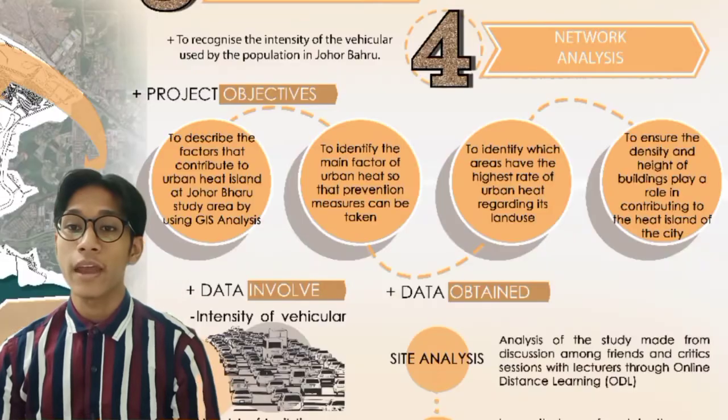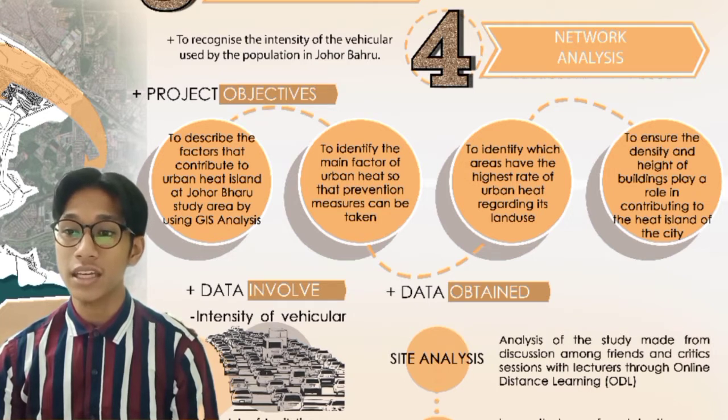Johor Bahru. And for our project objectives, the first one is to describe the factors that contribute to urban heat island at Johor Bahru. Second is to identify the main factor of urban heat so that prevention measures can be taken. The third is to identify which area has the highest rate of urban heat regarding its land use. And lastly, to ensure the density and height of buildings play a role in contributing to the heat island